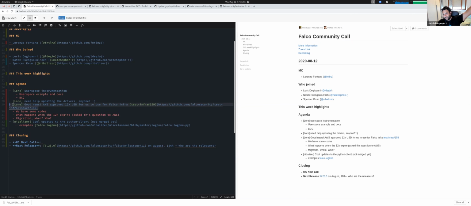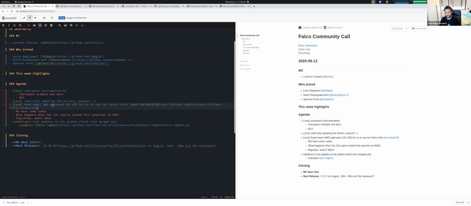Oh, again, test infra, good news. AWS approved a lot of money for us for doing our Kubernetes cluster on AWS. They reached out to us one or two months ago, because the software that we use, which is Prow, the same that the Kubernetes community uses, is not very well integrated with the actual infrastructure that we use, which is the CNCF cluster, which is on Packet.